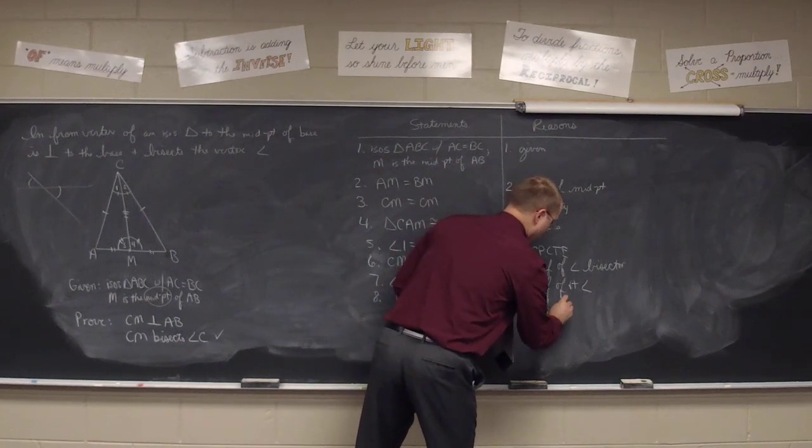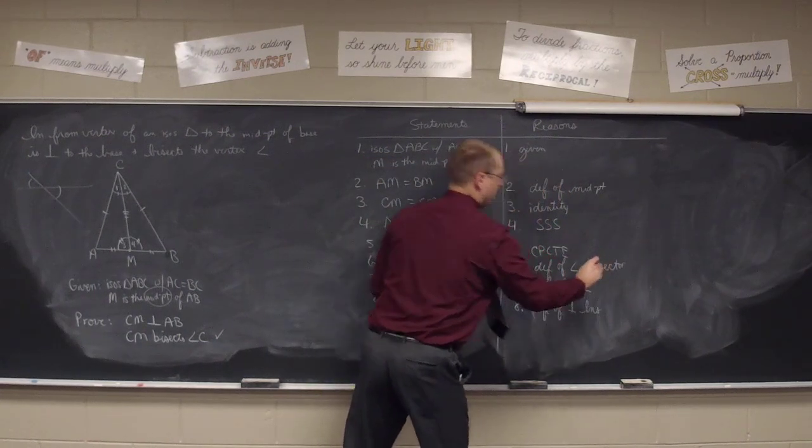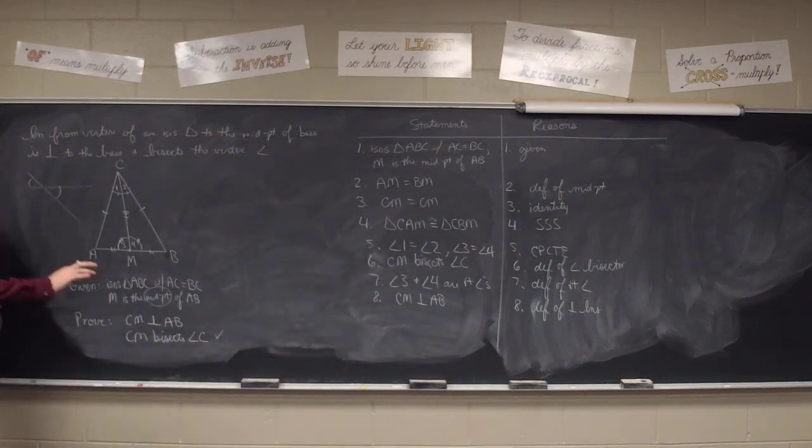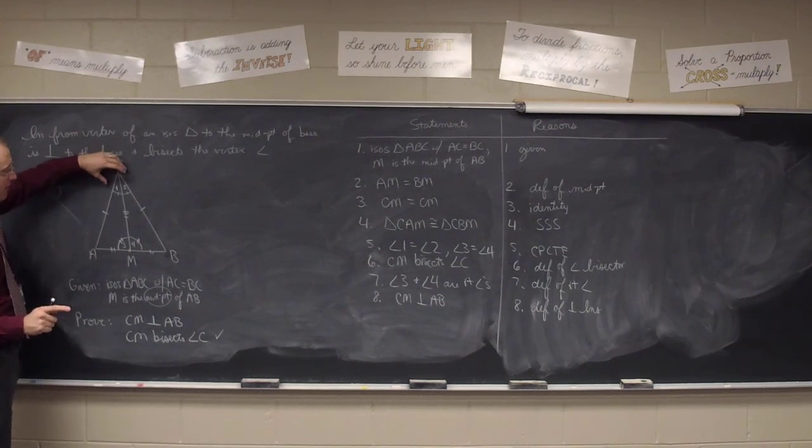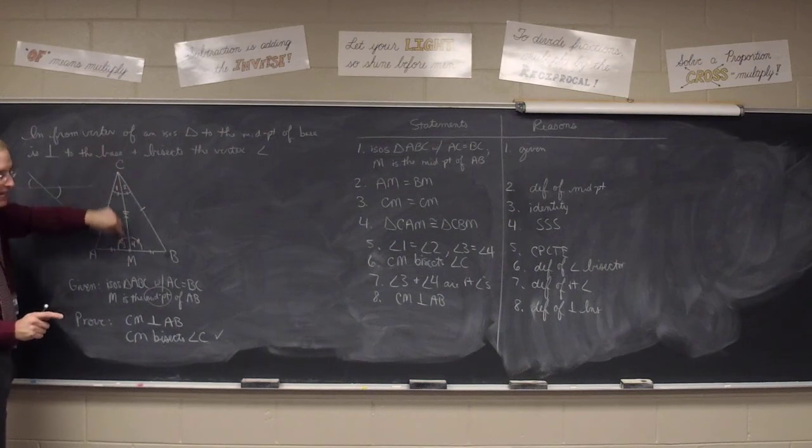Definition of perpendicular lines. What was the easy one? To find the easy way, you're in the class notes section, right? Flip 1 page back again in your class notes. And you should see a statement that says, if you bisect the vertex angle of an isosceles triangle,